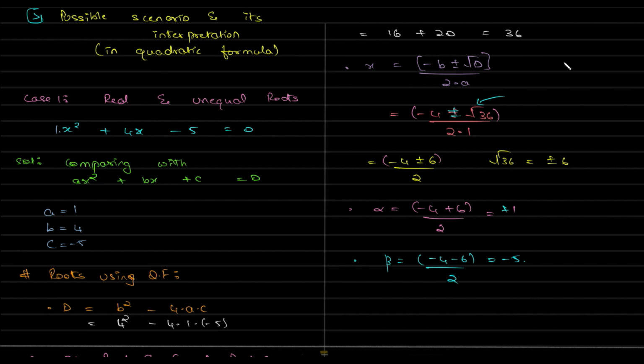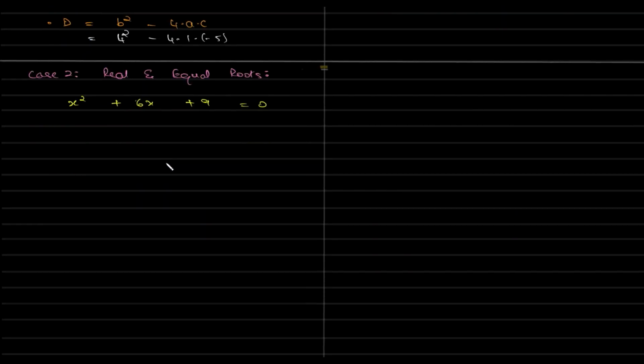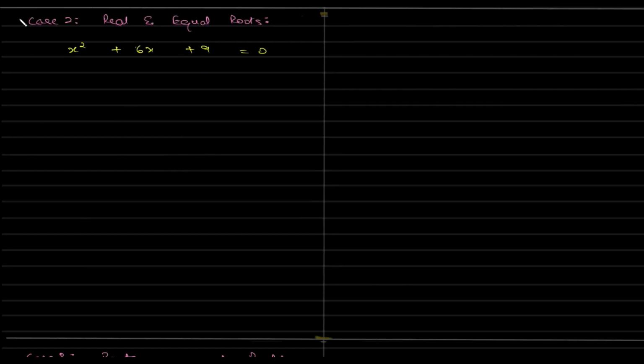So how is d? Is d value greater than 0, less than 0, or equal to 0? Clearly greater than 0. So when you have a value of d which is greater than 0, you always end up with real and unequal roots. Okay, so let's see the d value in the other two scenarios, and then we can come to a conclusion. So next scenario is